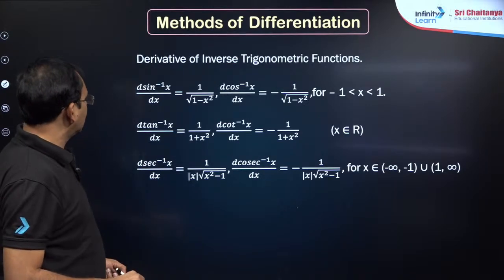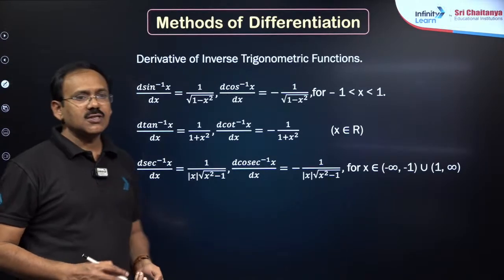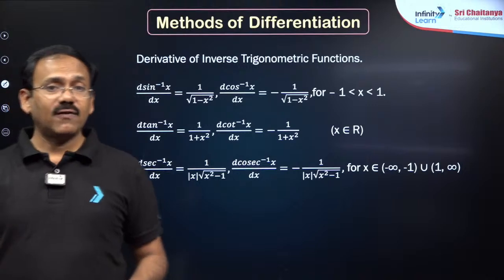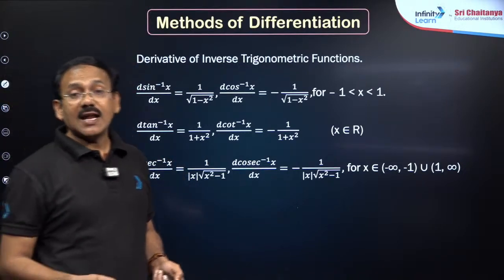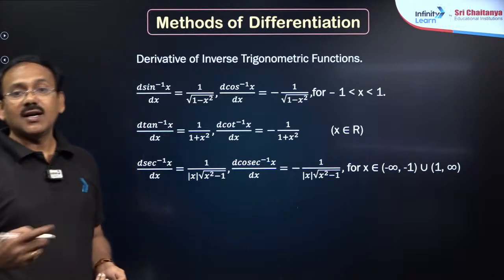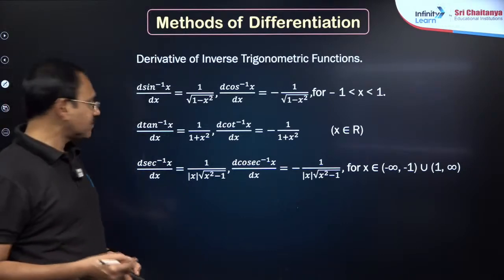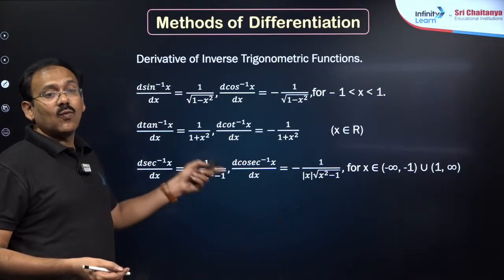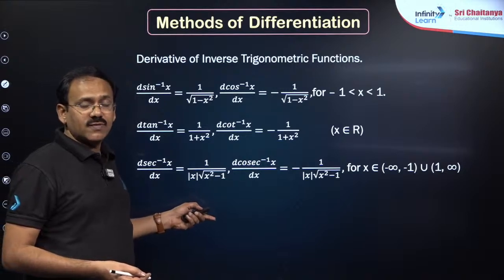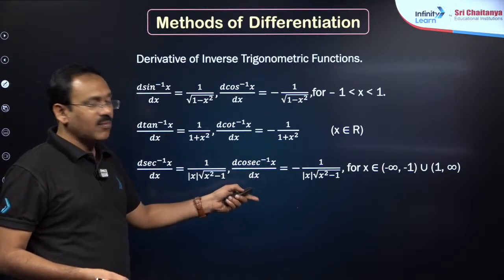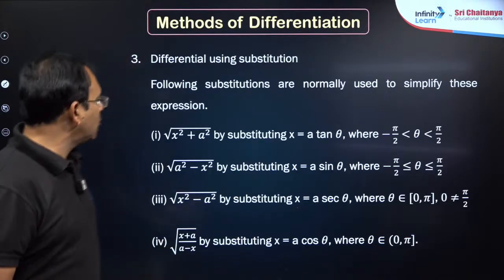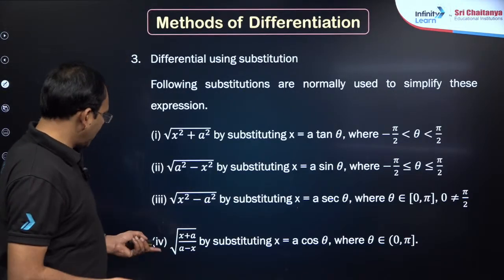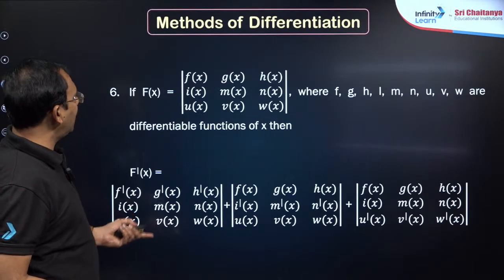Chain rule also you know. And inverse trigonometric functions: sin inverse x derivative is 1 by root of 1 minus x square. Cos inverse x is minus 1 by root of 1 minus x square. Tan inverse x is 1 by 1 plus x square. Cot inverse x is minus 1 by 1 plus x square. Secant inverse x is 1 by mod x into root of x square minus 1. Cosecant inverse x is minus 1 by mod x into root of x square minus 1. These are necessary in integration. You must remember them, right? Okay, these things you can do, not a big deal.